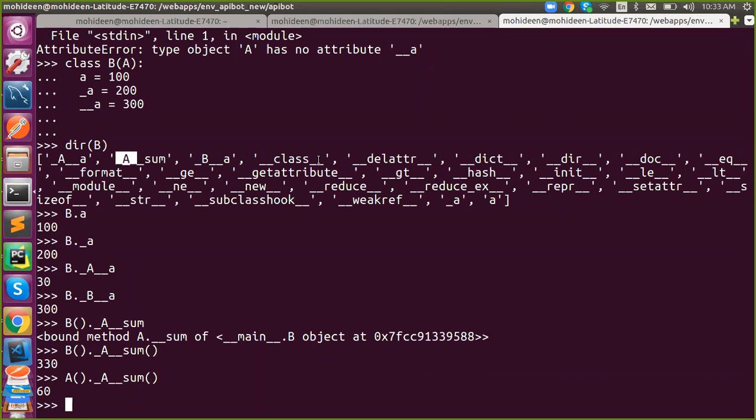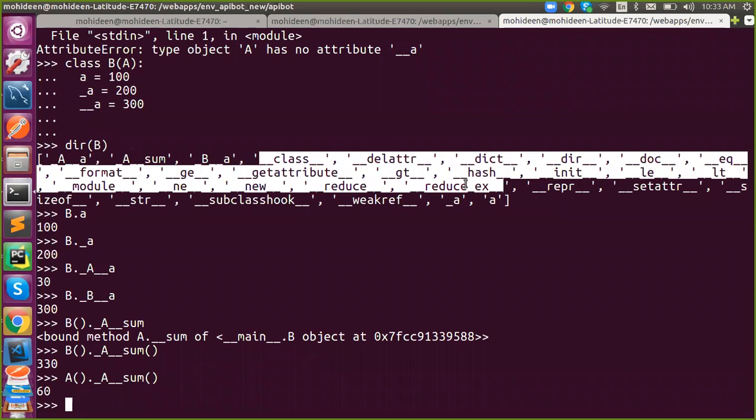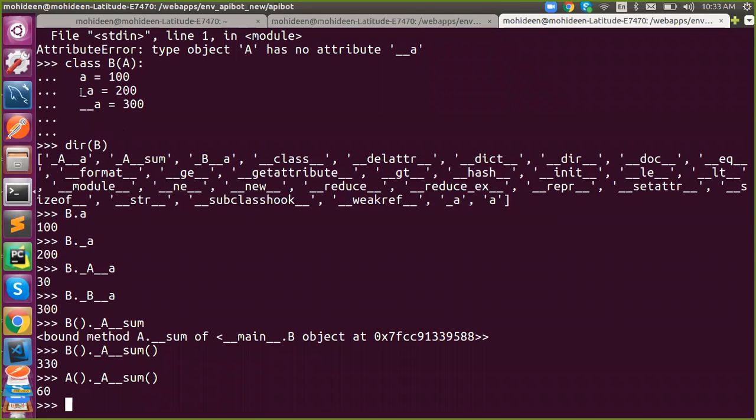Those are system variables, system methods, predefined methods. And this is user defined. And I told you, in a private variable, the single underscore will be replaced with what?